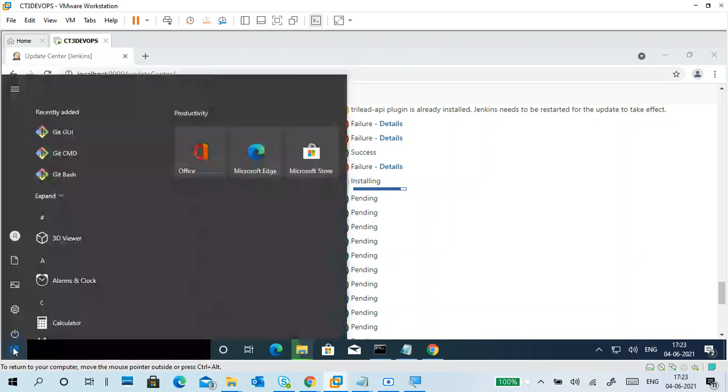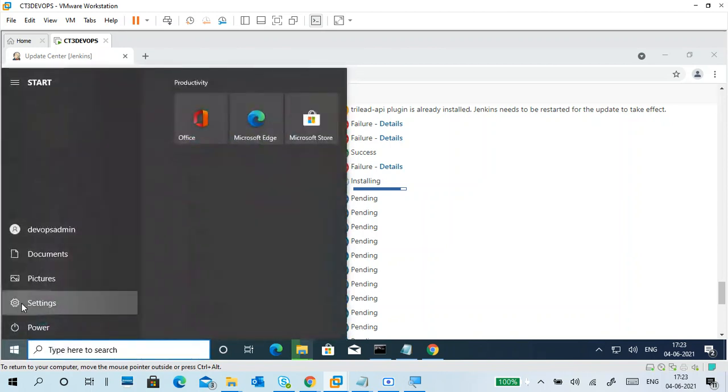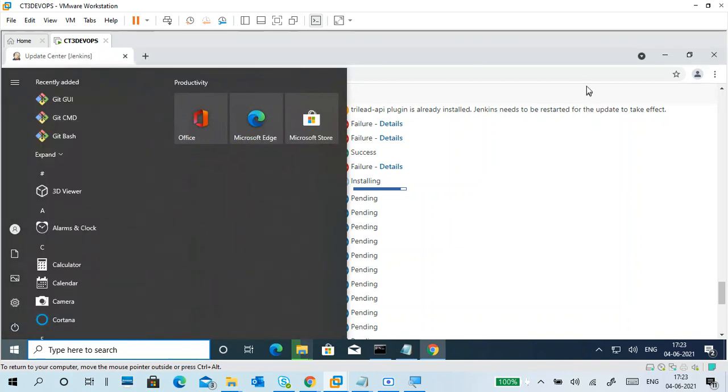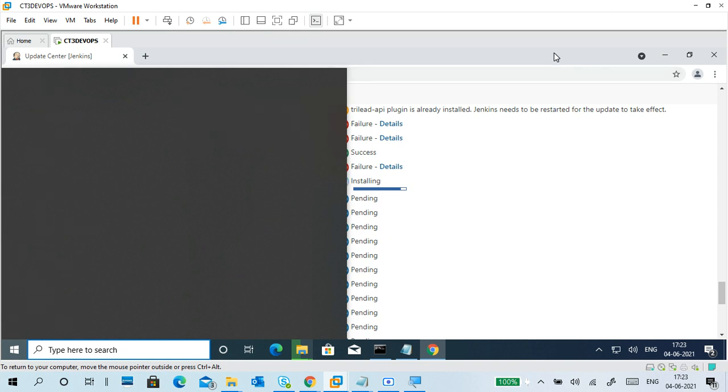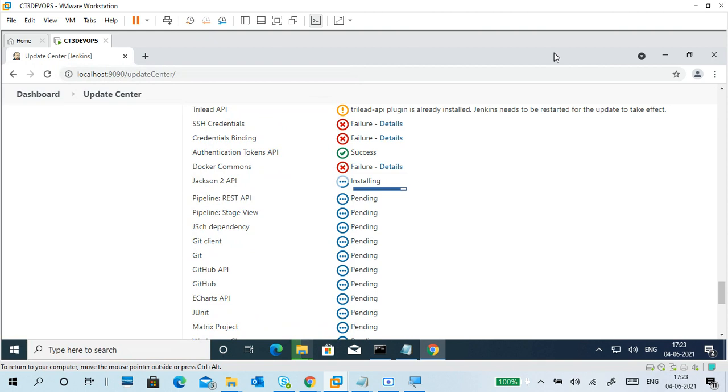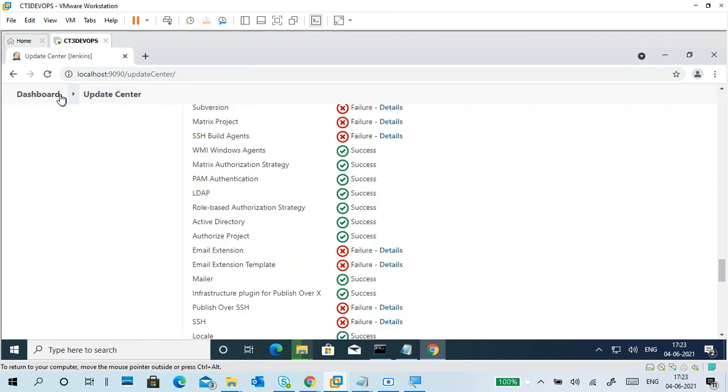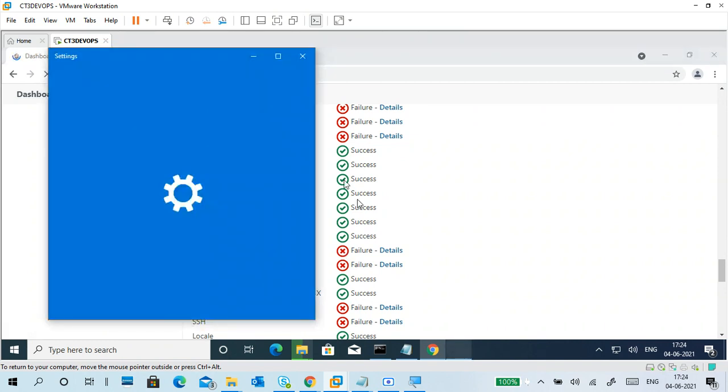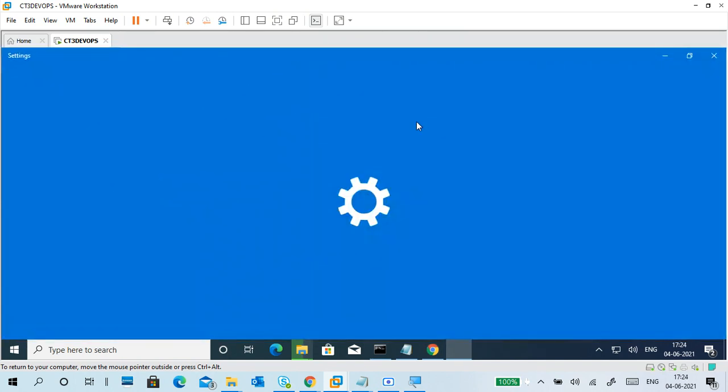I already forwarded how to install Jenkins. That is okay. Let it install these plugins, and the system becomes very slow.